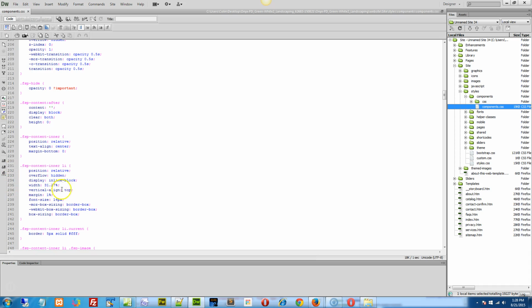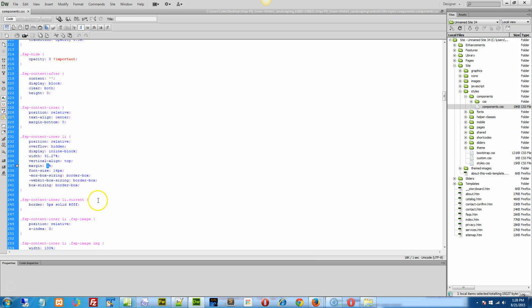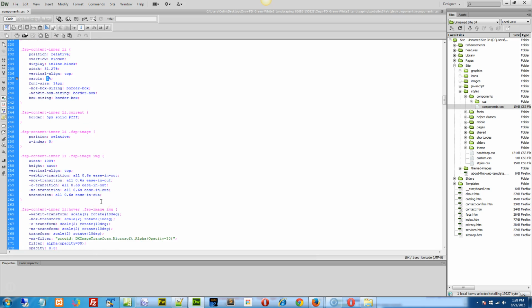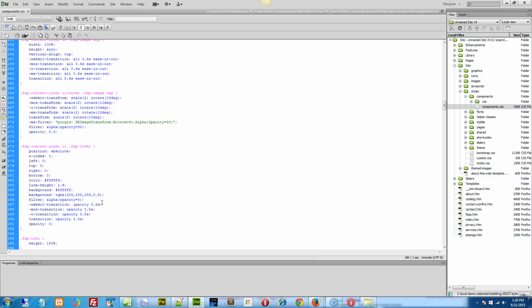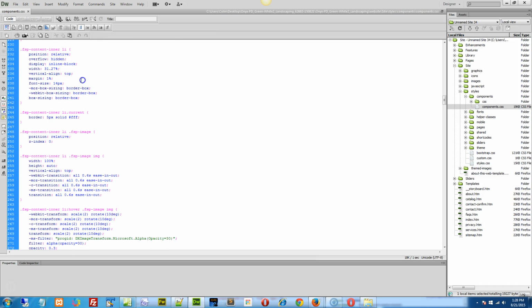Right down here, this is the one here, and this is where I said it's really fiddly. See the 31.27? Yeah, it took a little bit of playing around. So you'll have to reduce the width and increase the margin, I believe, in order to make that happen. I just want to make sure that's the right thing. So just for fun, let's make the margin 3% and the width we'll go with, whenever you do